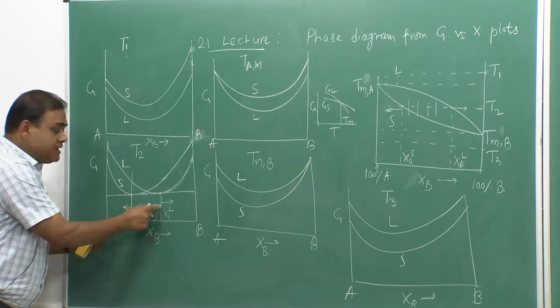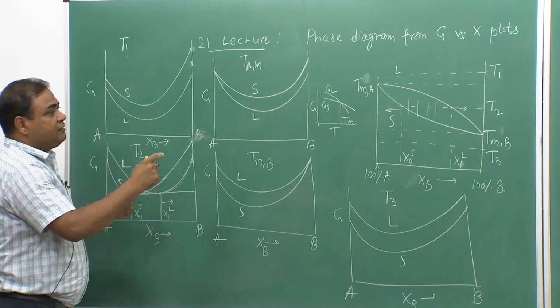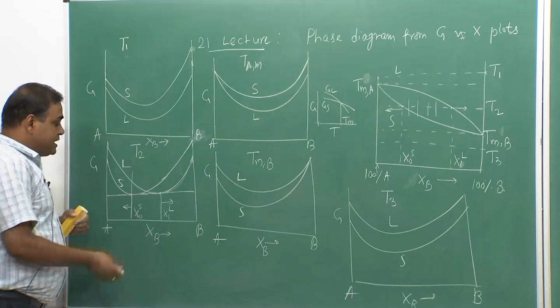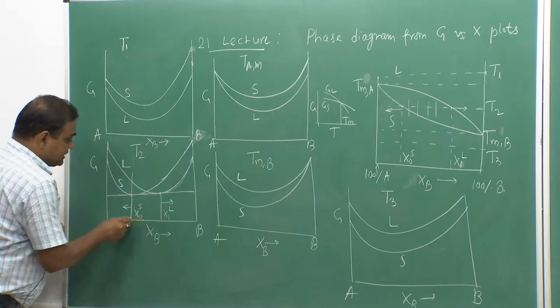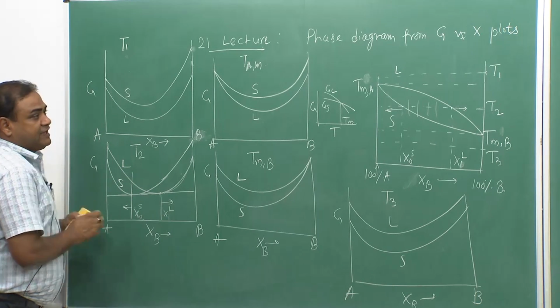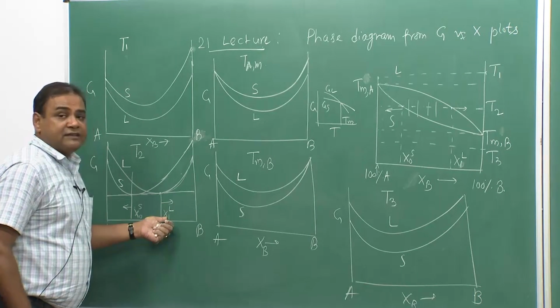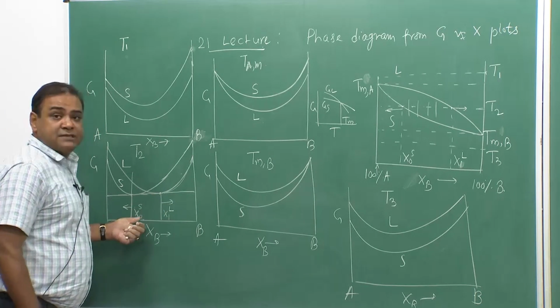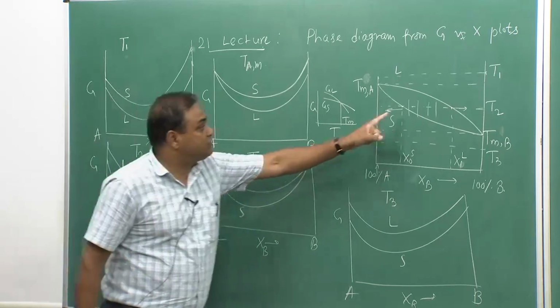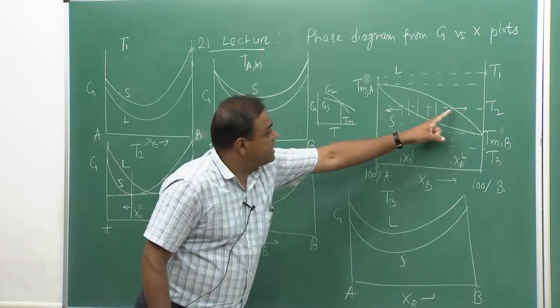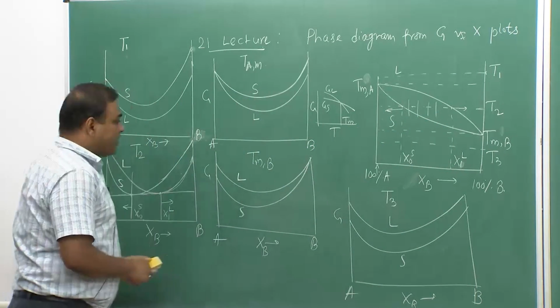And what happens in between? In between, the material is distributed into solid and liquid of the compositions X0S and X1L. So, X1 is the composition for liquid and X0 is the composition of solid. That is what we are saying, this is X0S and this is X1L. Now, once we come to